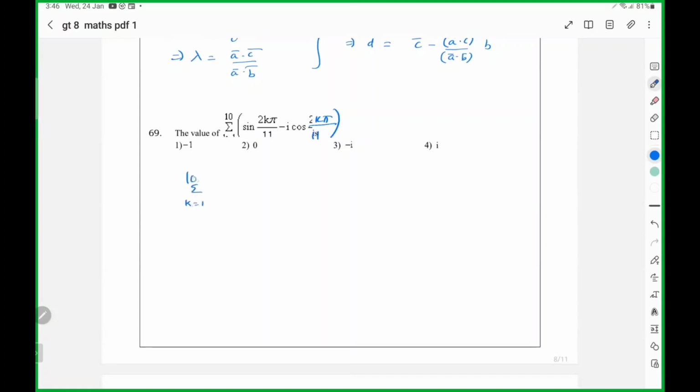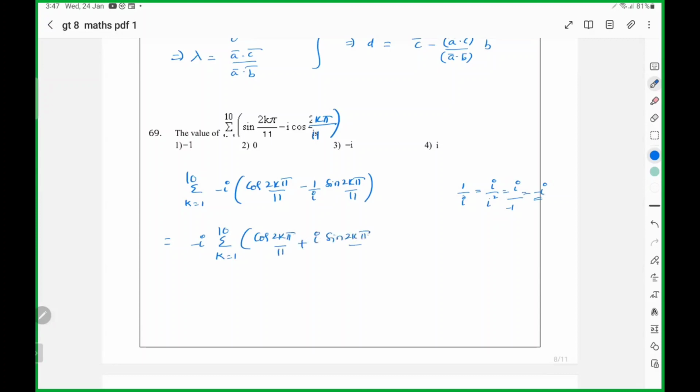Sigma k equal to 1 to 10 cos 2k pi by 11 minus 1 by i. 1 by i is i by i square. So minus i. Minus i can be written as plus i. These are all